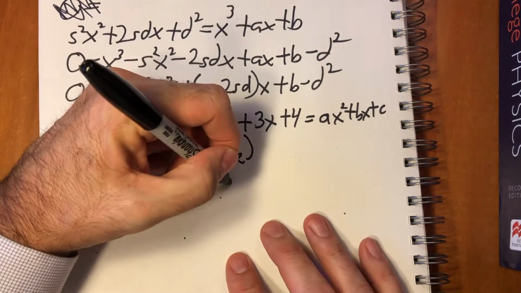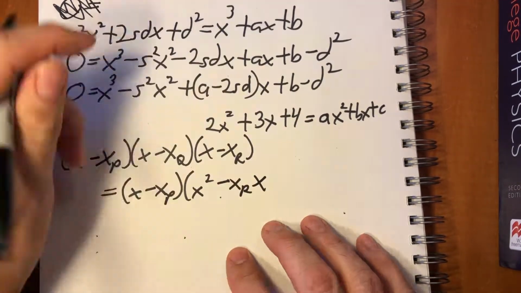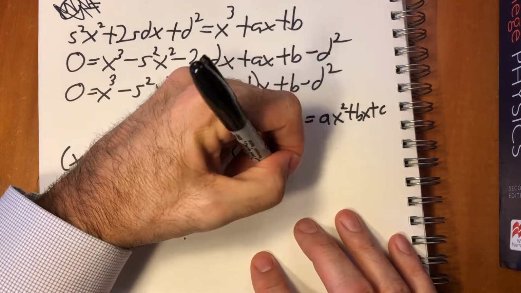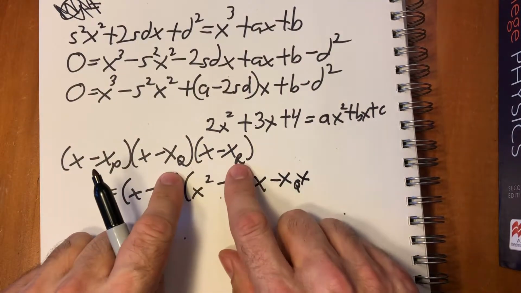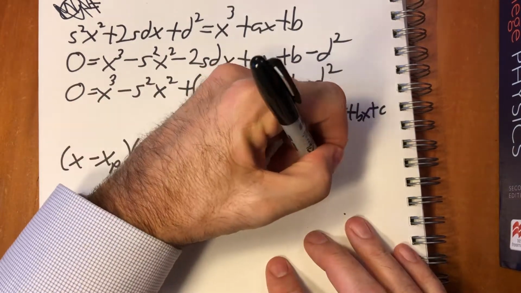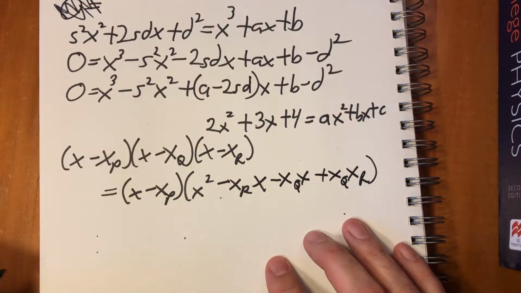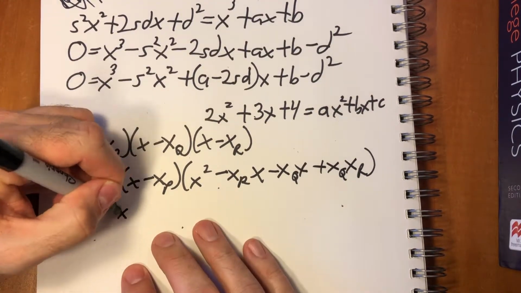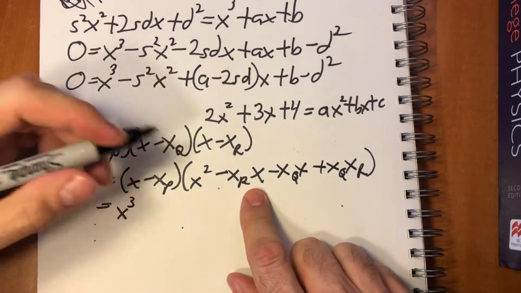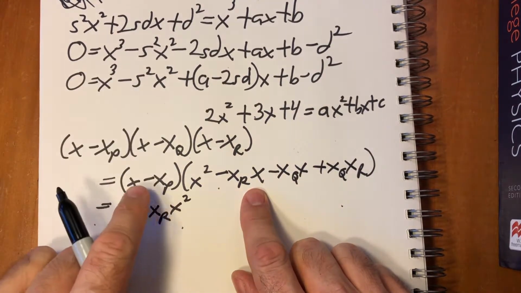Minus xr minus xrx minus xpx or xqx, and then plus xq xr. Multiply it out one more time, and so we get x cubed, and then minus xrx squared